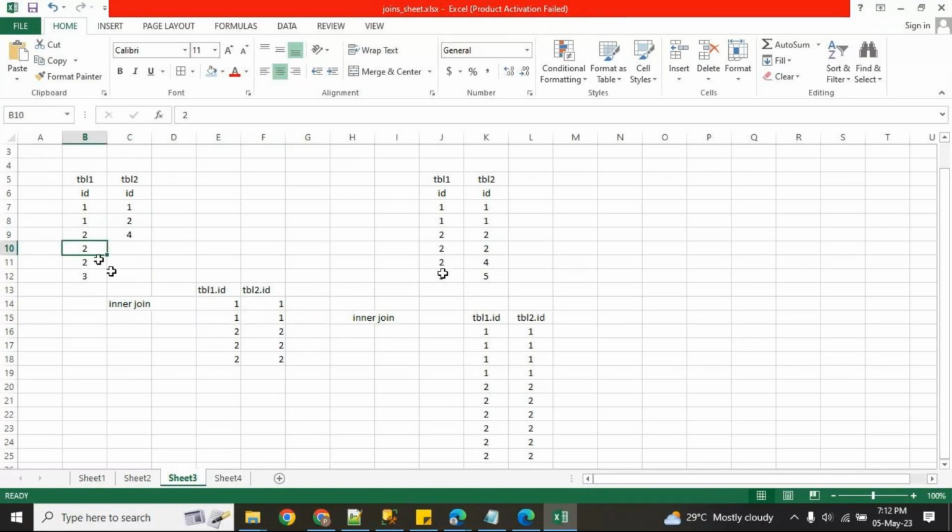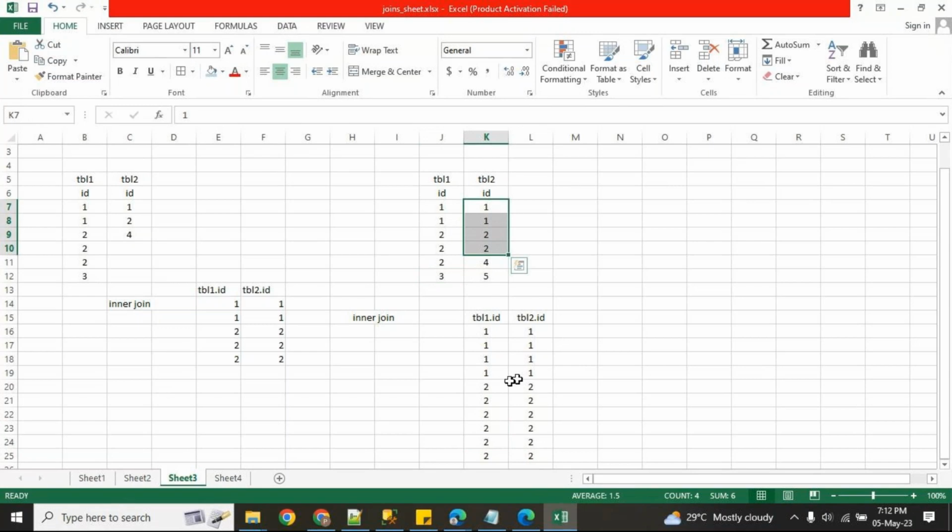Now the same thing here. This record one, how many times is it matching? Two times. Now this one, how many times matching? Two times, so again two records. These two will be matched two times each. Three doesn't match anything, so there is no common record. So only one and two are common records. You can see the output like this.